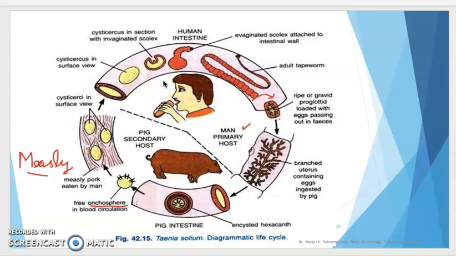The transmission of the cysticercus to a new human host occurs through the meat of the pig, and pig's meat infested with live cysticerci is called measly pork. The transmission occurs when man eats improperly cooked measly pork, and a large number of cysticerci get into the stomach of the human, and